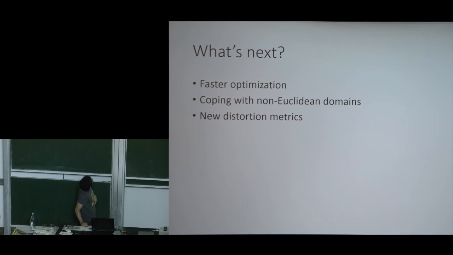And I think the big questions that are open now are thinking of faster optimization. A lot of the tests that Shahar mentioned sometimes require long optimization times, and this is something that at least our lab is always very interested in, making things move faster. And coding with non-Euclidean domains, like the surface maps, is also something that's very far from being a closed problem. The main thing that's missing is that we parameterize the two surfaces. And when we do this, we're computing maps that may have low distortion in the parameterization, but we can't guarantee that the mapping between the two surfaces themselves has low distortion. And that is because we don't take into account the actual metric change between the two surfaces, only what's happening between the surfaces and the plane. And of course, one can always come up with new distortion metrics. It's not like there's one good metric for distortion that's proven to be the best distortion metric. People constantly come up with